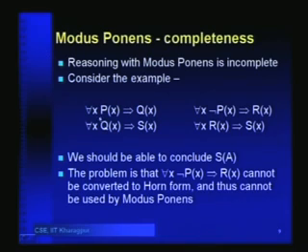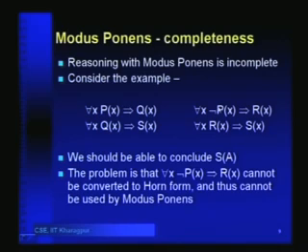this example. We have for all x, P(x) implies Q(x). We also have for all x, not P(x) implies R(x). Then we have for all x, Q(x) implies S(x), and for all x, R(x) implies S(x). Now, we should be able to conclude S(A) from this. Why? Because it is either P(A) or not P(A). So, therefore, it is Q(A) or R(A). If it is Q(A), then also we have S(A). If it is R(A), then also we have S(A). So, we should be able to deduce S(A) from this, but we cannot do it by generalized modus ponens,